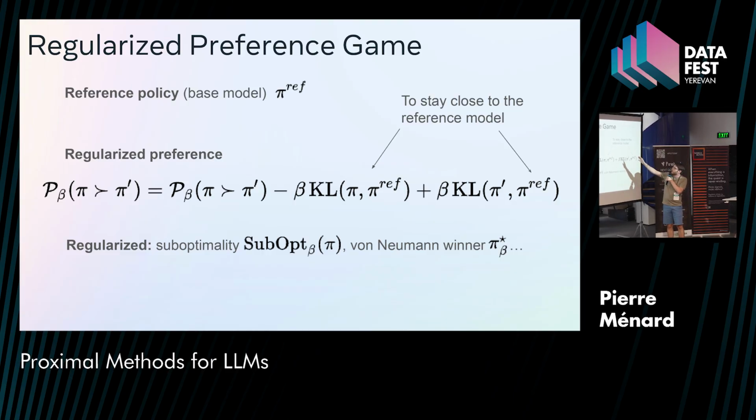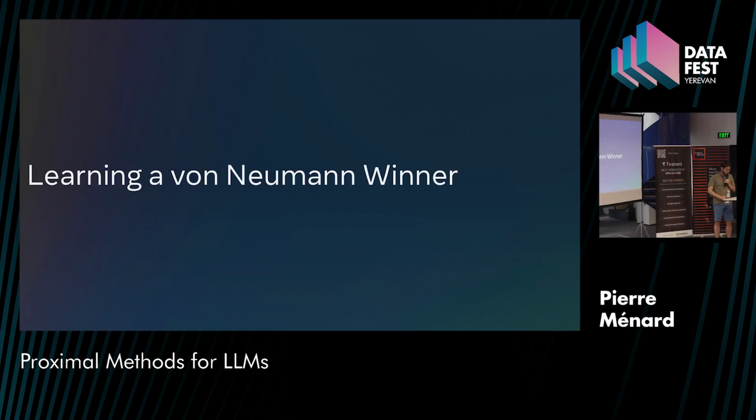For instance, if you are training on summarization, you don't want to lose capability in math. And you can redefine all the quantities I presented, just with this regularization parameter, to say that you are using the regularized preference. Okay, so